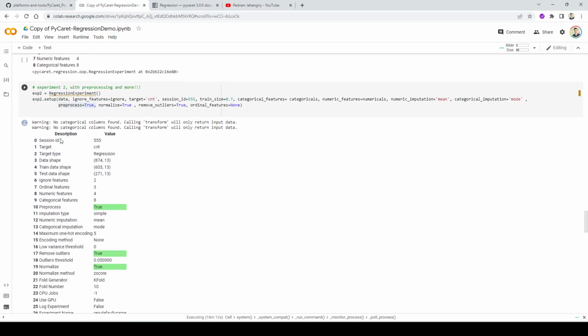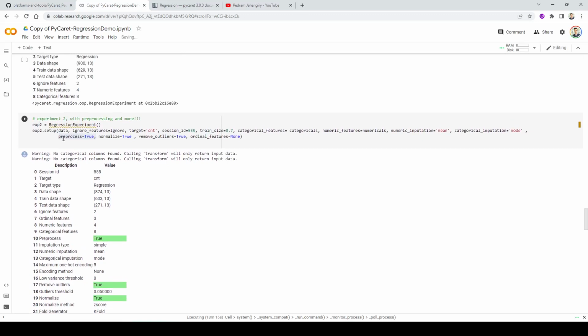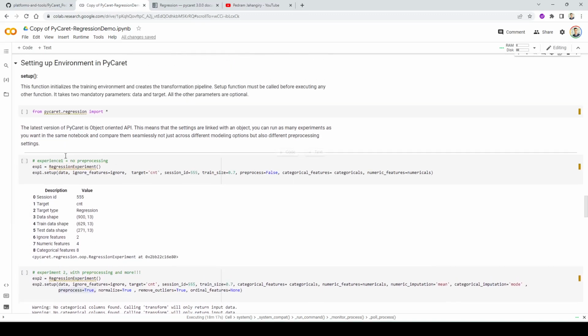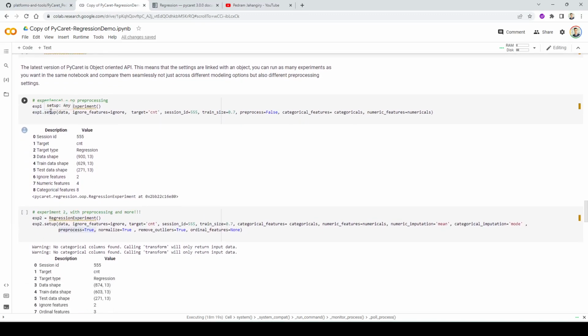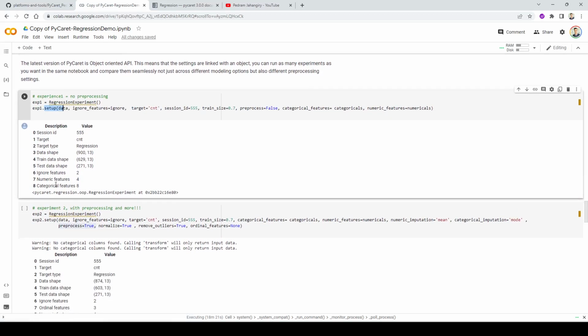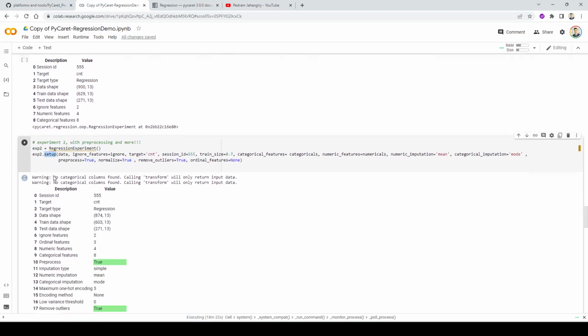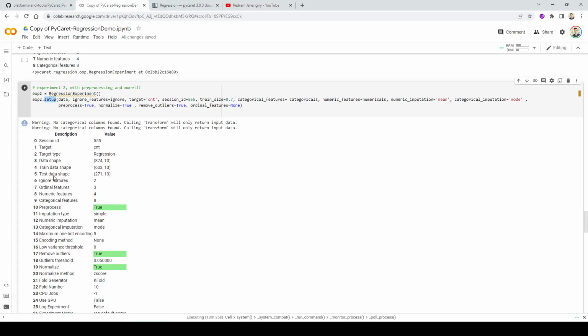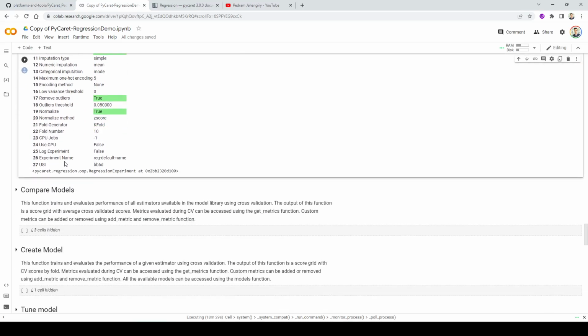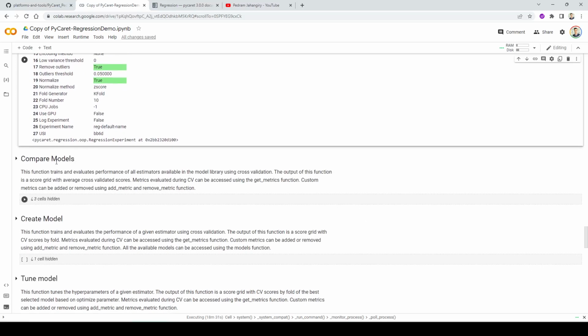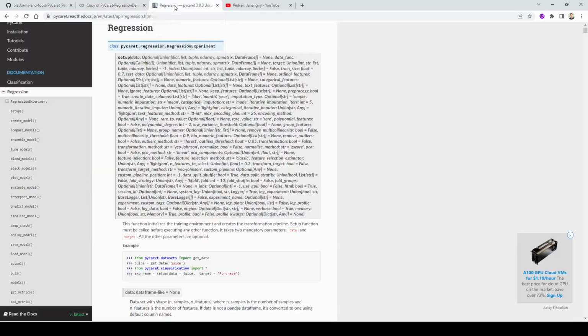So setting up this step is going to take longer compared to setting up this experiment, because this is no pre-processing versus with pre-processing. Okay, so again, I'm trying to keep this video as short as possible. That's why I'm not running these codes, right? And then, before going to compare models, I'm going to go to the documentation and show you the setup options that we have. Okay, so